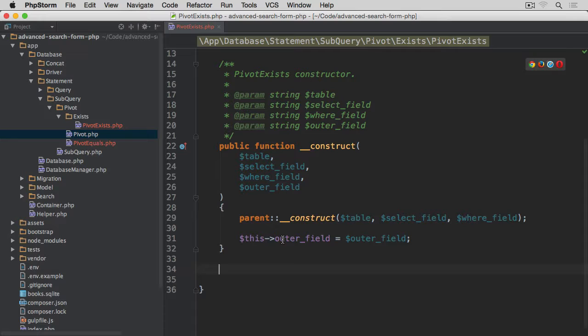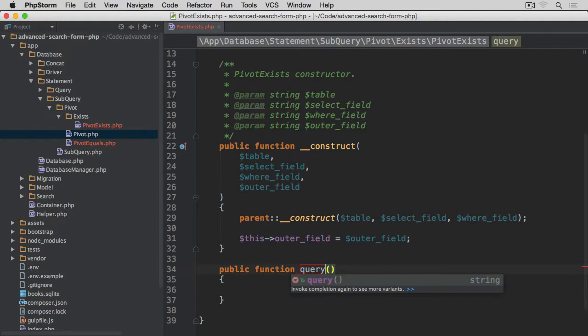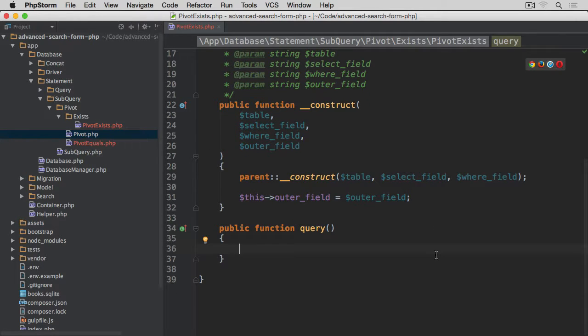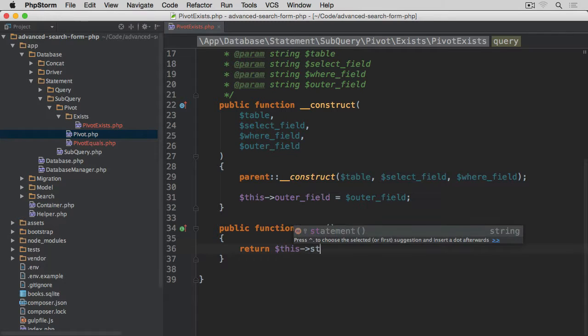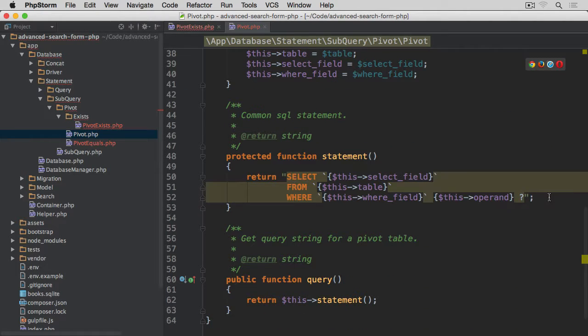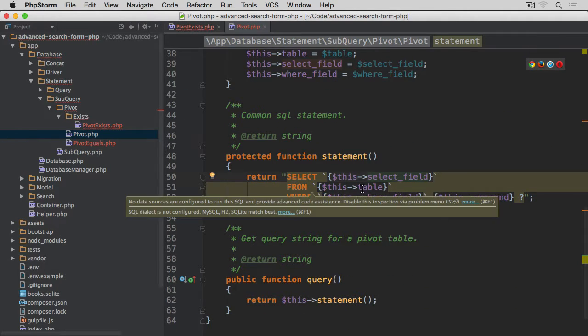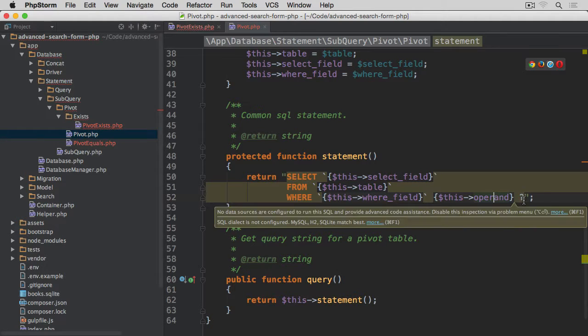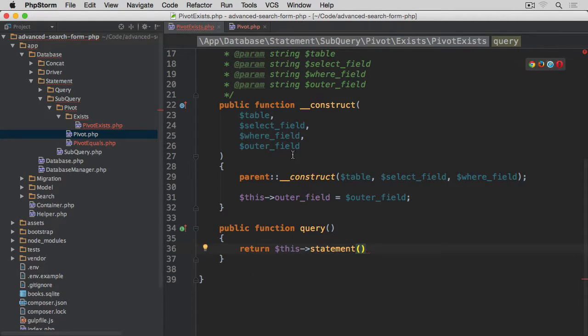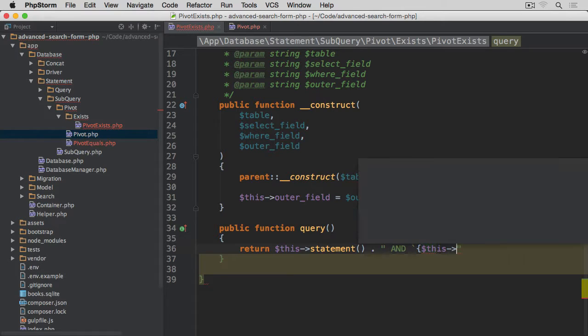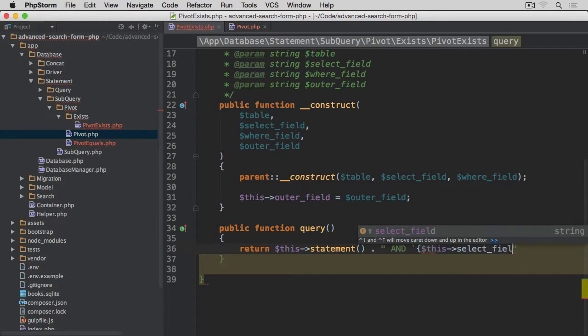And the next thing we need to do is create the query method, public function query, which is going to override the one that's on the pivot table. We are going to start with return this statement, the statement that is within the pivot class. If we go back, you can see this is just a basic statement: select field from table, where field, operand, and then a question mark. And this alter field is now going to be used to add the AND statement. So AND, then backticks, this select field